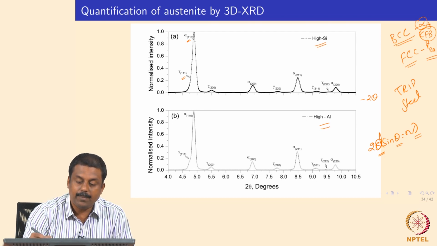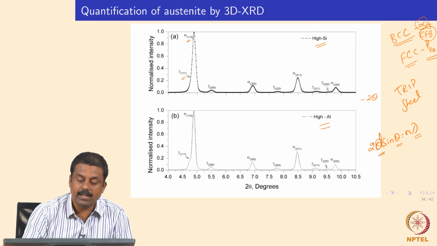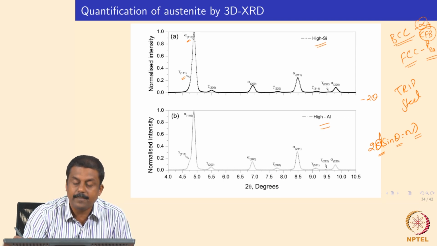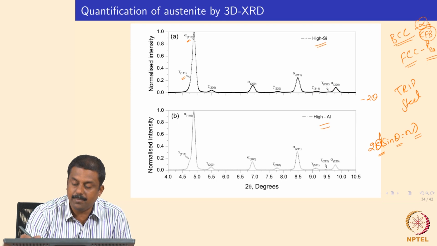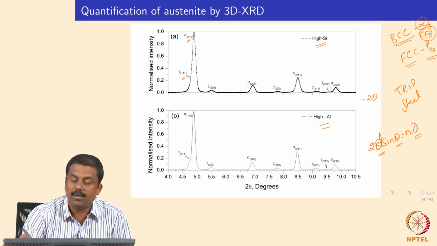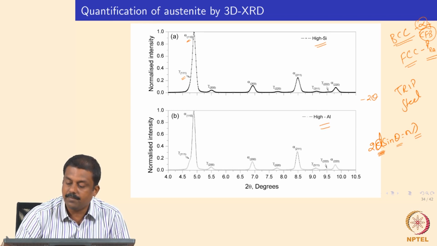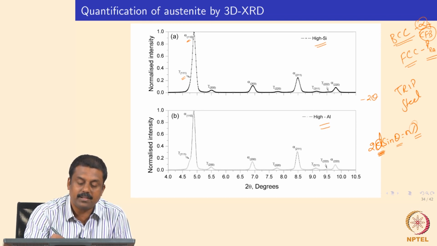Say for a typical BCC FCC mixture in the microstructure, it would give us a diffraction pattern like what is shown over here in this graph. We record the intensity versus 2 theta diffraction pattern and then identify the peak positions. From the peak positions we can precisely know what plane is diffracting, because each plane has defined d spacings. For example, if you know 2 theta, we can calculate for a given wavelength what the d spacing is, and from the d spacings we can precisely see whether it corresponds to